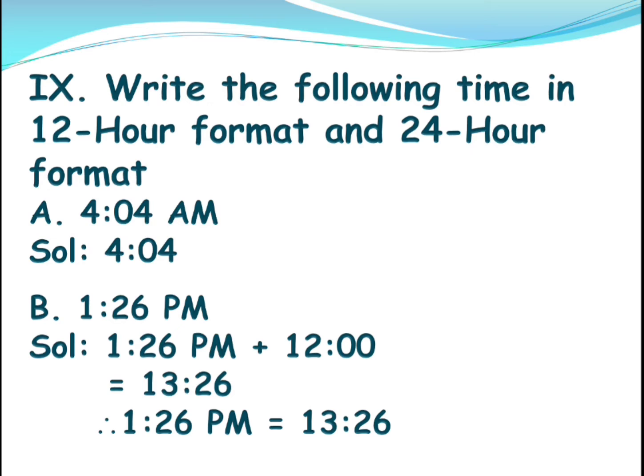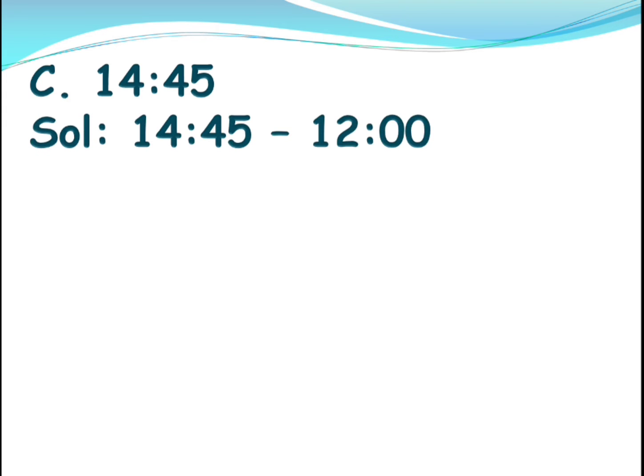Now let's see, when 24 hours is given, how you can convert it into 12-hour format. 24 is given, 12 you need to write down. How can you write? By removing the 12 hours. So whenever we are writing in 24-hour, you will include all the 12 hours, and then the next time you can include and you will write it down, isn't it? But in 12-hour you will not include the 12 hours, isn't it? You will write individual hours, but you will mention am or pm, isn't it? So here you need to remove those 12 hours. So if you remove